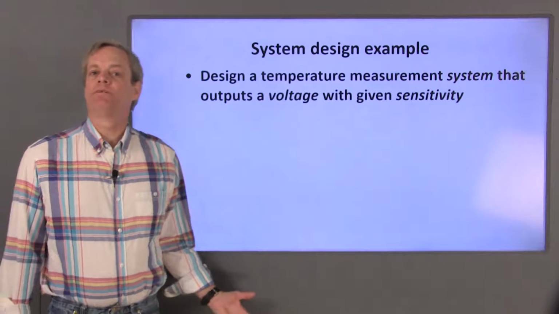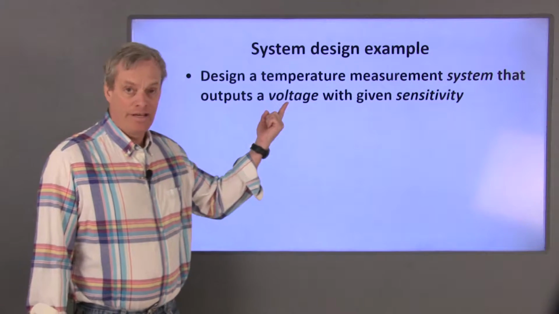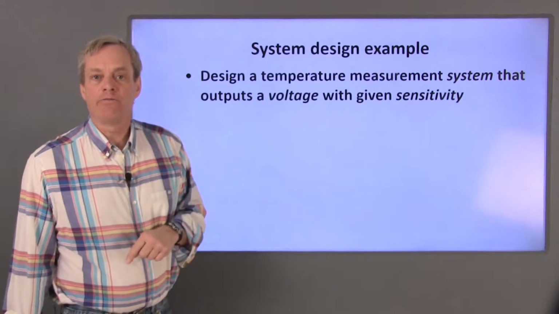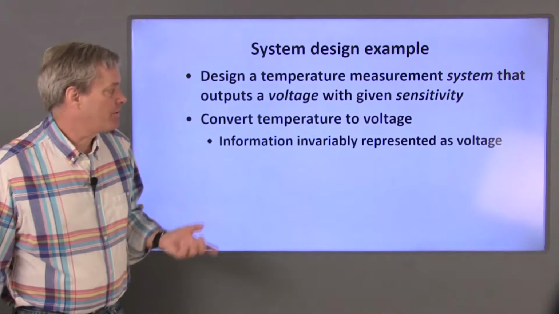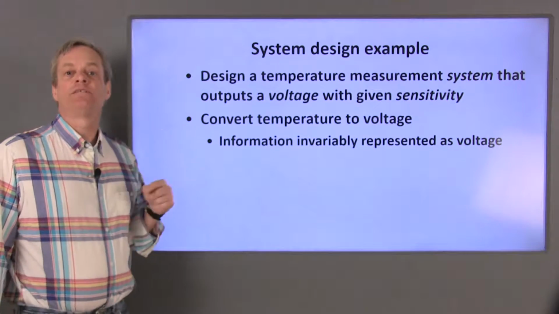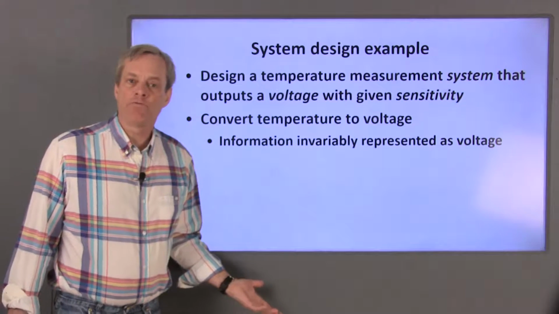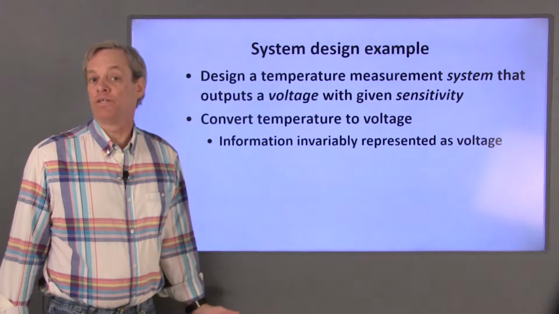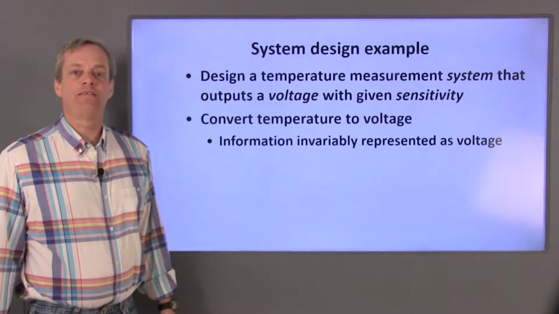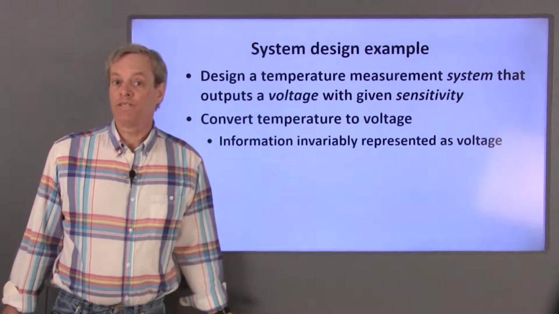My design example is a temperature measurement system. The system needs to output a voltage that indicates temperature, and our design requirement specifies a desired sensitivity. The first requirement, a voltage output, means that our system needs to convert temperature to voltage. The reason we want a voltage is that engineers almost invariably represent data or information as voltage. This makes it easy for the system's output to be recorded or to be incorporated into other systems, such as